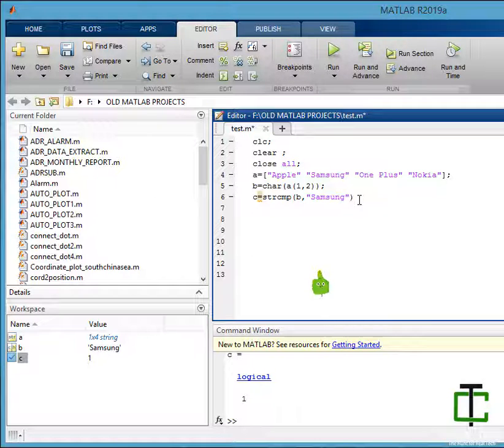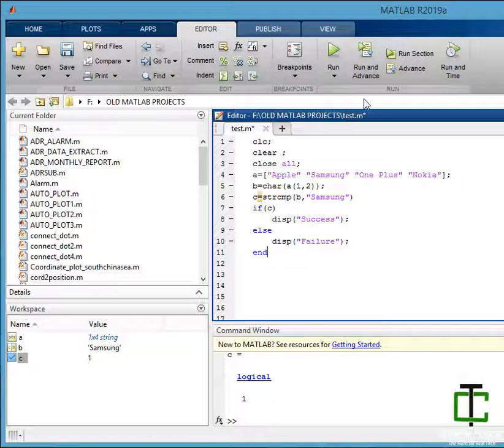You know how to use this logical variable inside your program. We generally use it in an if statement, a conditional statement, like: if C, display success, else display failure, end. Run it. Here we go, success.